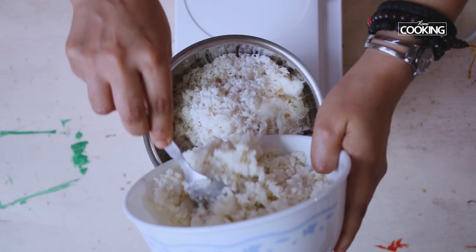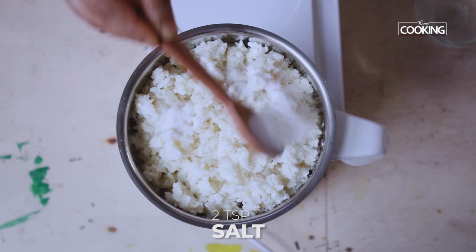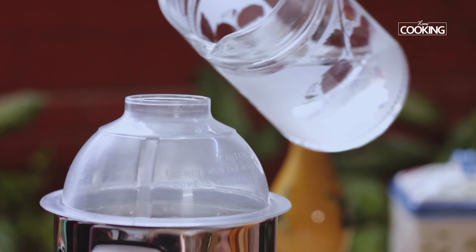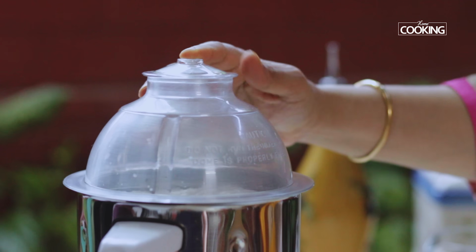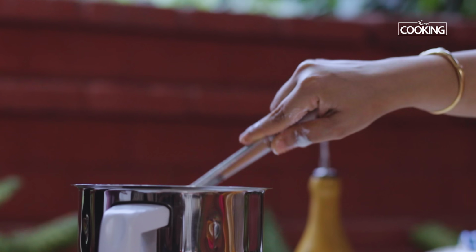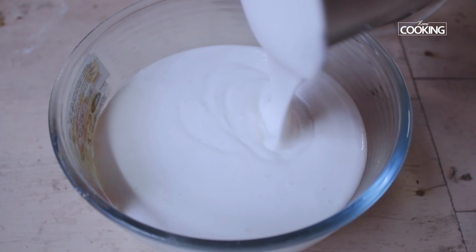So now I'm going to grind the raw rice and the beaten rice together. So add some salt. I'm adding about 2 teaspoons of salt here. Add a little water and grind it. Add a little water till you get a nice smooth batter. So once the batter is done, let it sit for at least a minimum of an hour before you start making